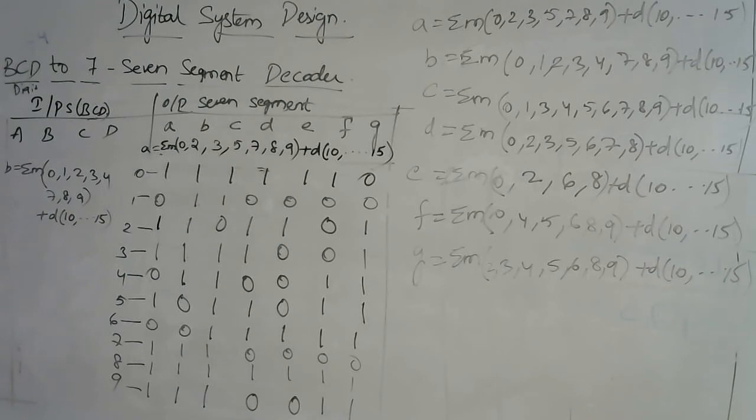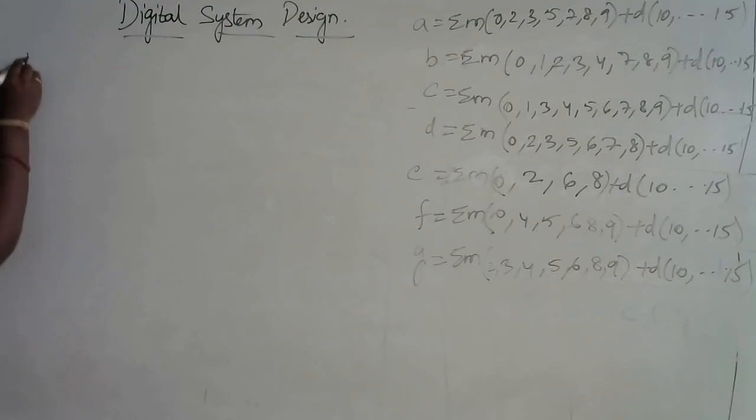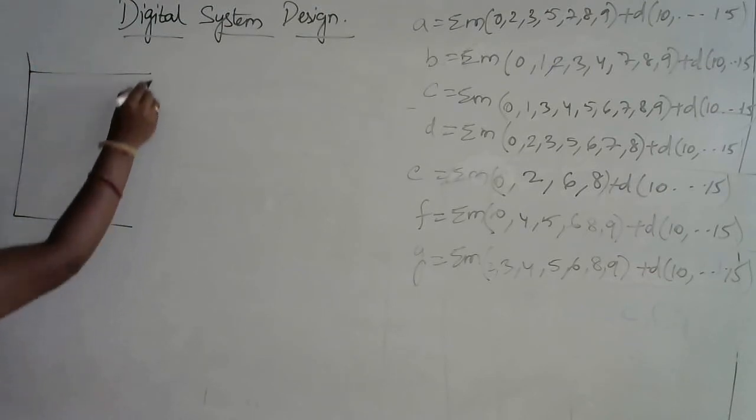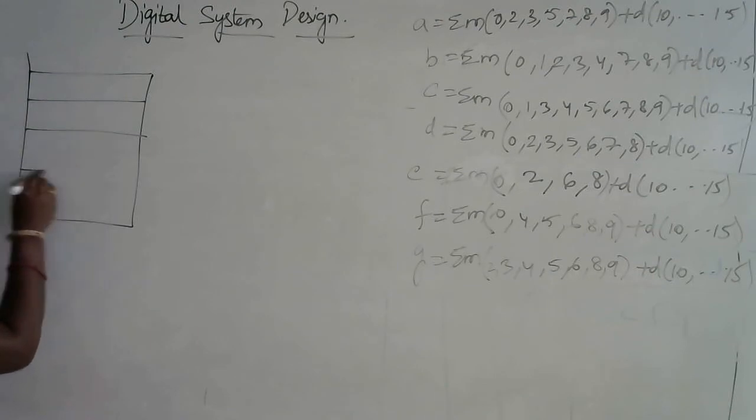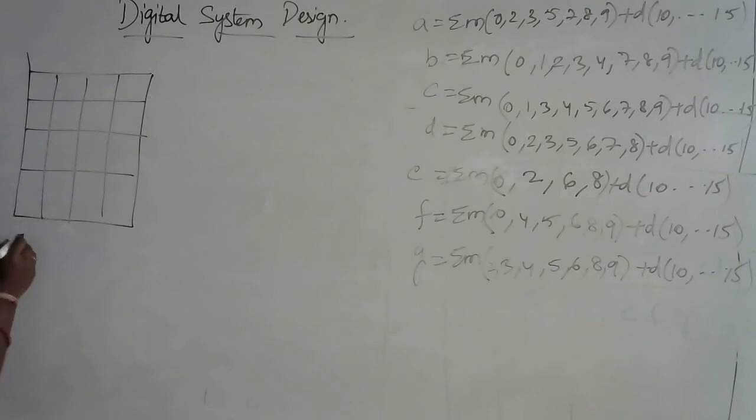This is how to write down the SOP expression of a BCD to 7 segment display from the K-map. The next is, from this we need to draw the K-maps, then we need to simplify the K-maps. So the next step is simplifying the K-map. As I have told you, as it consists of 4 inputs, we need to draw a 4 variable K-map. So first I am drawing a 4 variable K-map for A.